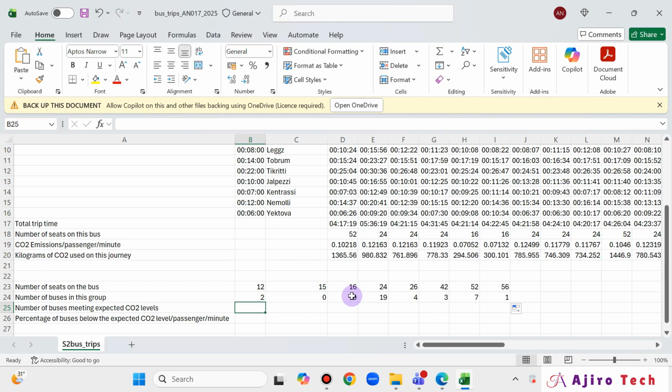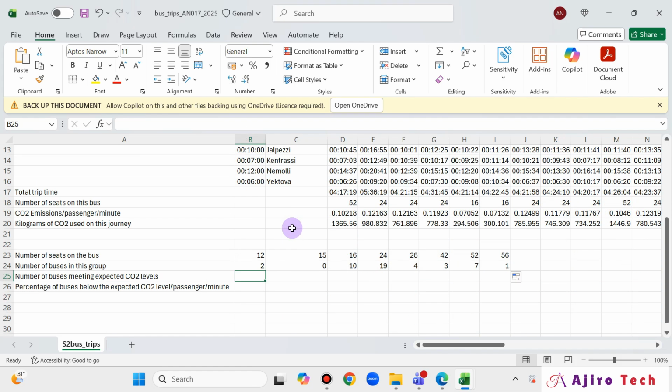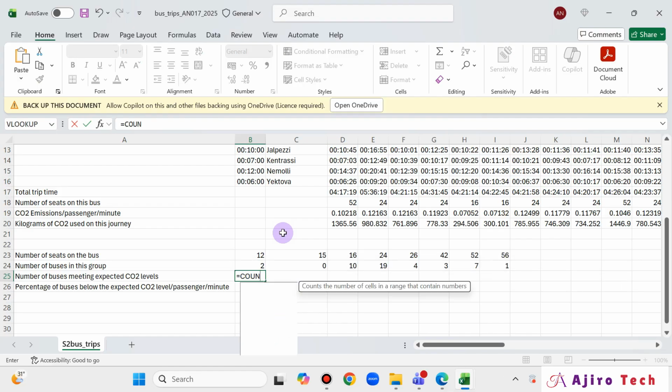Okay, the carbon dioxide emission per passenger. And if it meets this right here, so if you notice that, that is going to be what? A count if. A count if. So this is going to be equals to count if